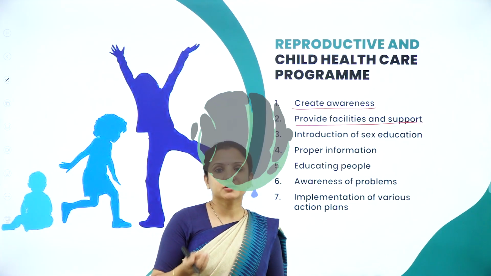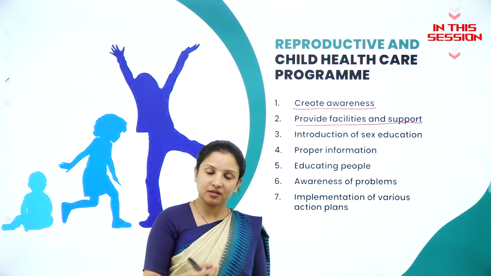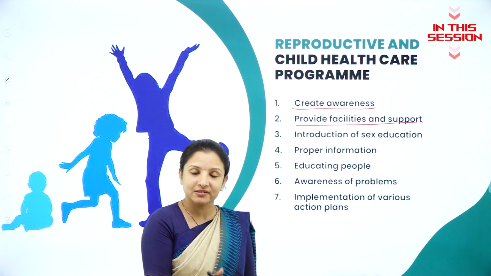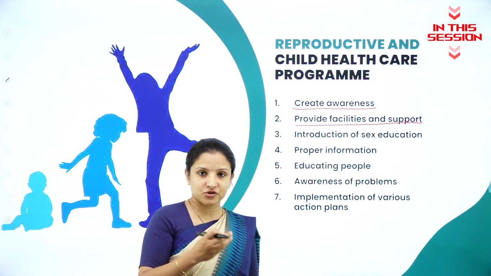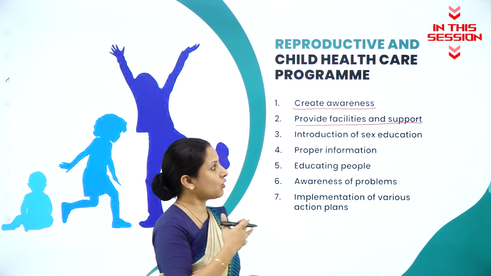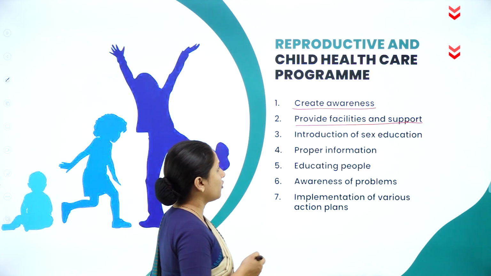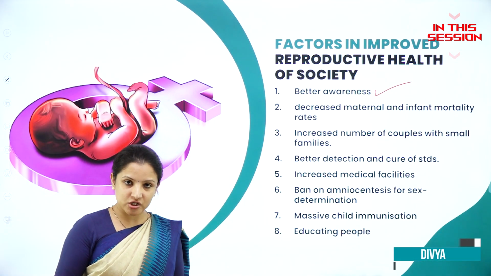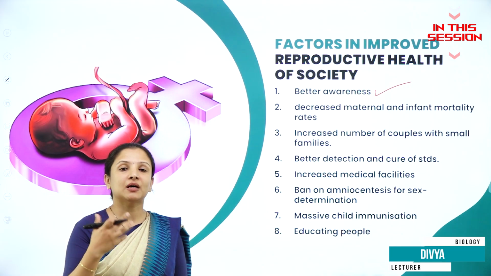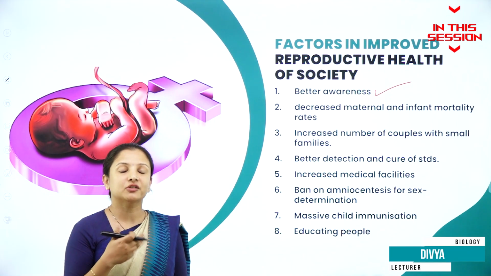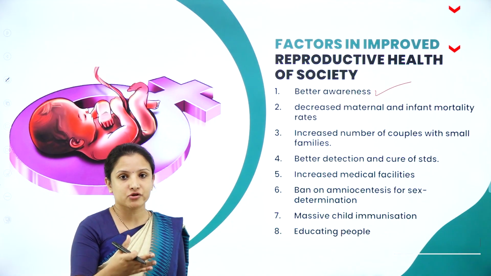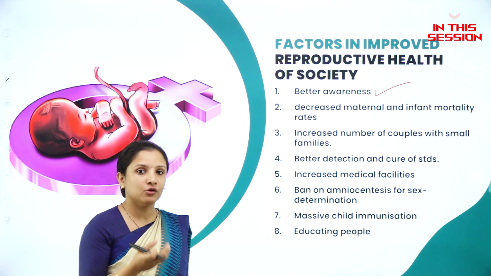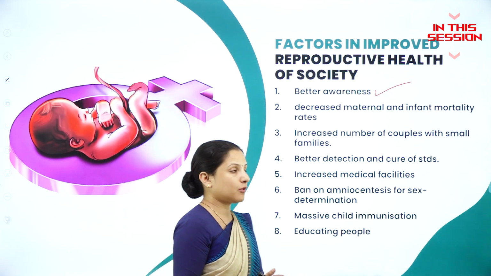To open up small healthcare centers by the government so that the people can visit there, discuss their issues and get treatment free of cost. All that was provided by the government. If proper menstruation doesn't occur, or if there is some problem in the reproductive health or the genital tract, what a woman should do or what a man should do, all that awareness is brought among the people.